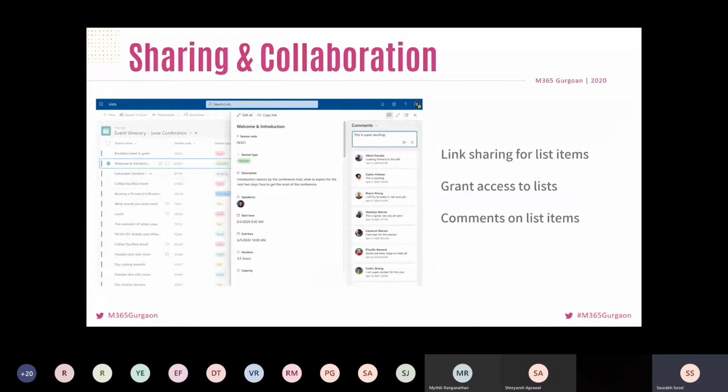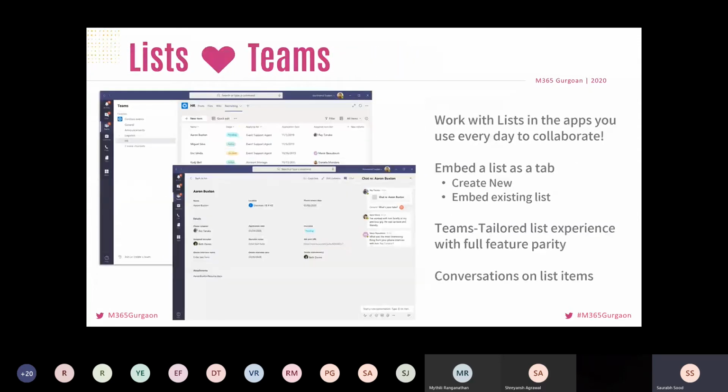We covered sharing and collaboration on the web endpoint side of things. We also shared how we can bring the power of lists together with Teams, with Teams becoming one hub for all your usage scenarios, extending the list power and marrying it with Teams experiences, making collaboration much more productive.